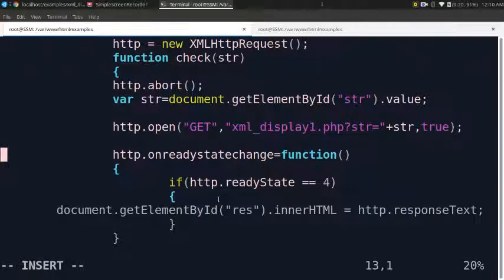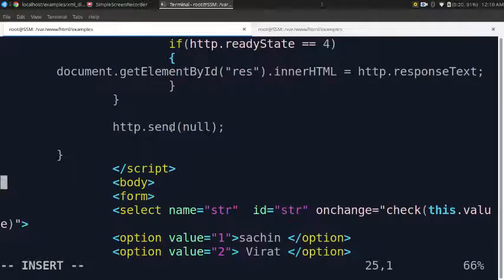If you want to receive the data, in that case we use document.getElementById, then responseText. If you want to receive the data in text format, you can use text. If you want to receive data in XML format, you can use responseXML. Here HTTP send null is used because that means you can send multiple requests at a time.